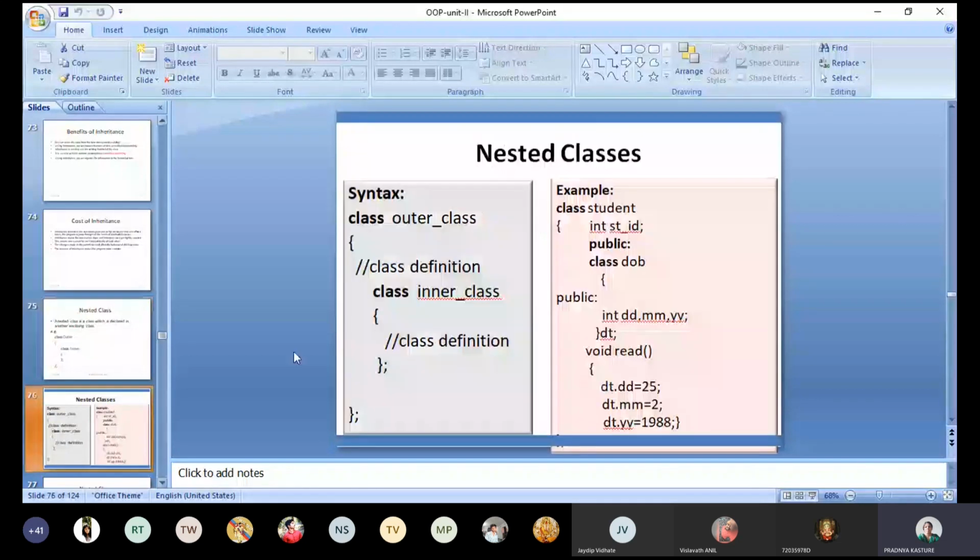For the syntax, class outer class, you are writing the definition of that particular class, followed by another class which is the inner class and the definition of that inner class, right? So you are writing the definition or you are accessing the variables of that inner class inside the outer class. Okay, so for example, if we write the class student,